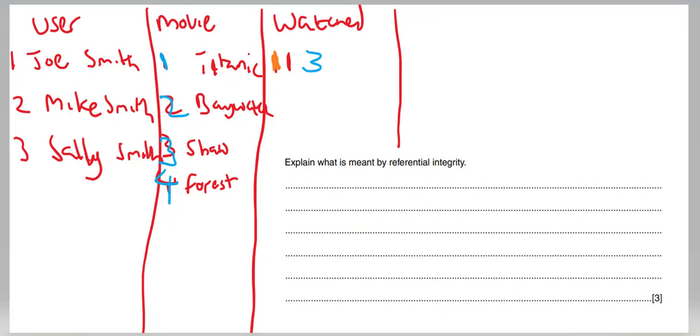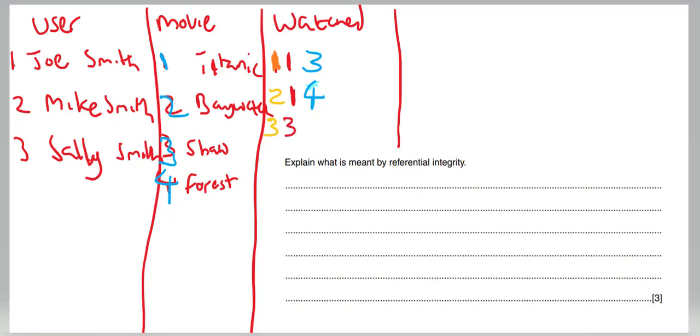We could also have watch ID 2, where we have Joe Smith, who's watched, in a different blue, Forrest Gump. We can then have a third movie watched by